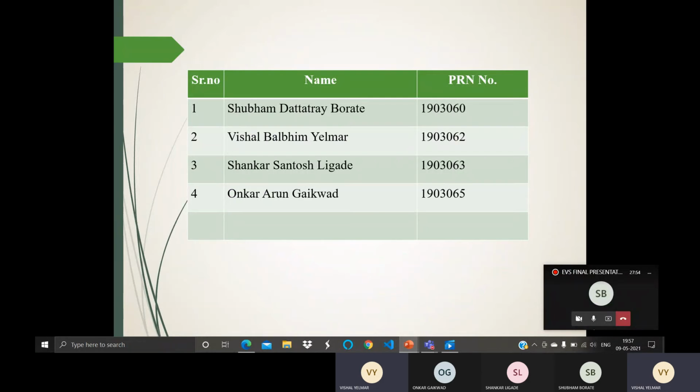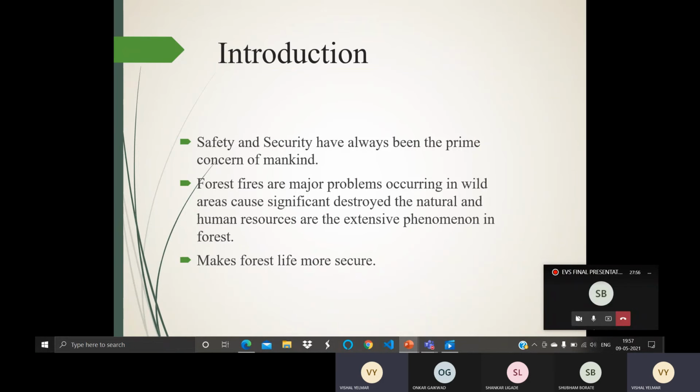Here is the introduction of our project. As you know, safety and security has always been the prime concern of mankind. Safety is the most important and required thing for us. Forest fires are major problems occurring in wild areas that cause significant destruction of natural and human resources.